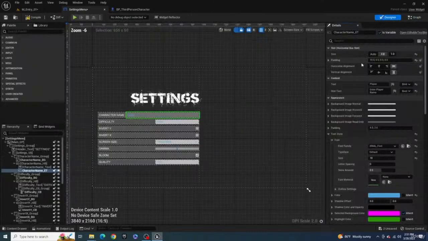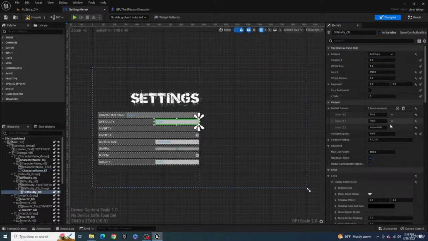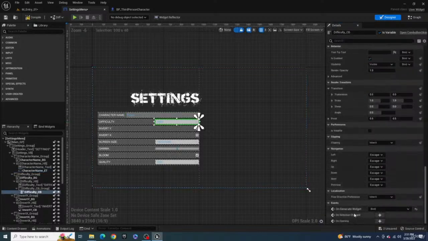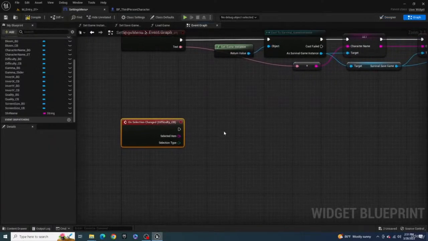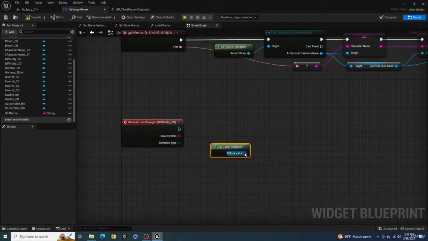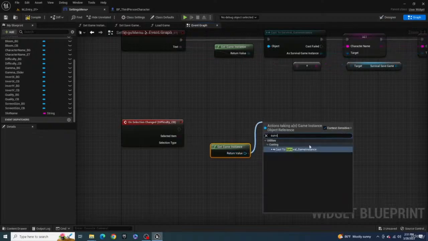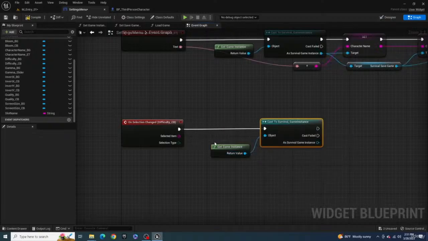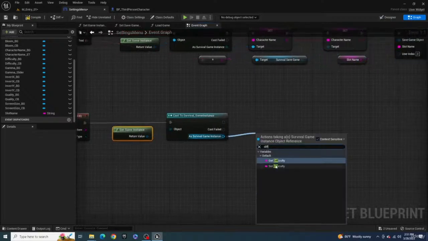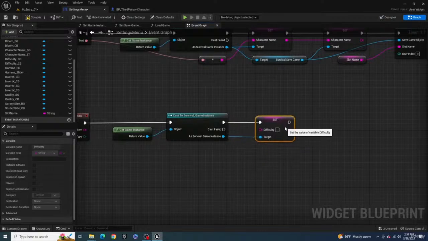We'll go back to the designer mode and click on the difficulty drop down. Then scroll down to the bottom of the details panel and click the plus button next to on selection changed. So we're basically going to do the same thing here. So we want to get the game instance, cast it to a survival game instance, and then connect it up. And now we want to set the difficulty variable, connect the selected item output to the value,